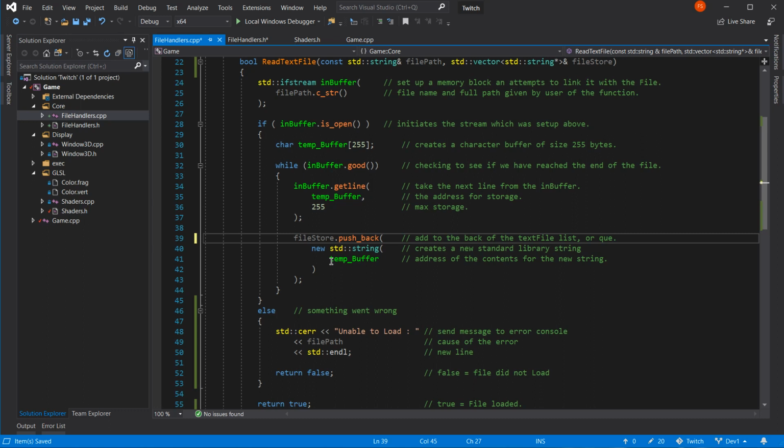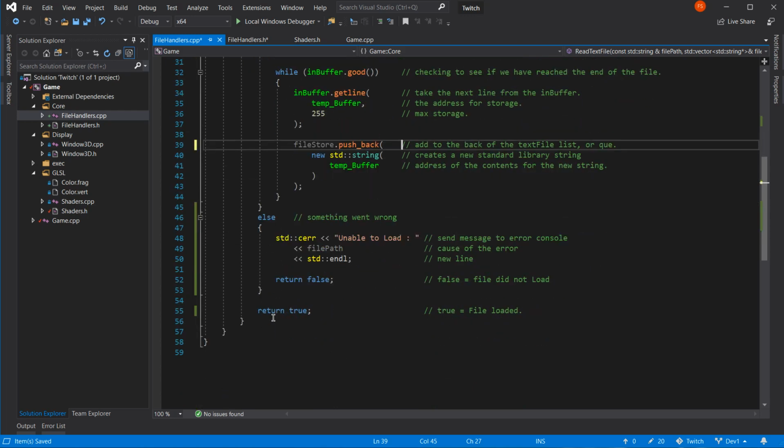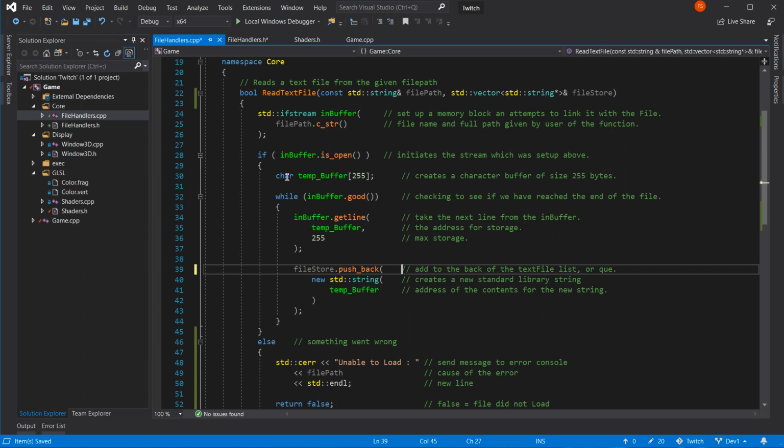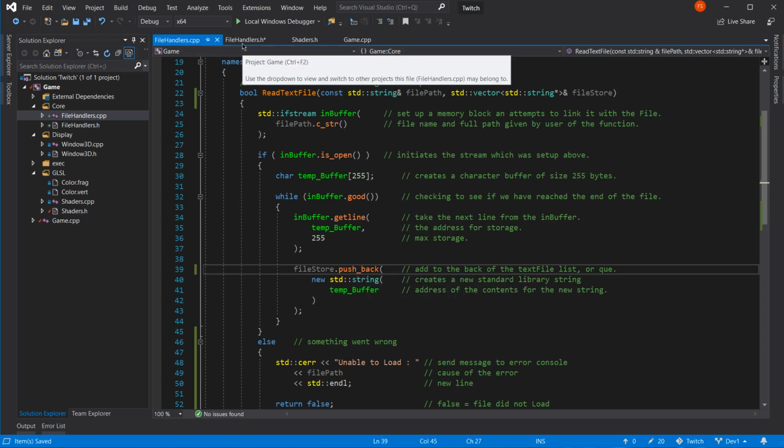We store it at the address that they give us, so they can continue to use their variable as is in their own function. It means that we then get the ability to return a bool of true or false that they can check to see if there's an error or not. That's better. That is a lot better than what we wrote the other day.